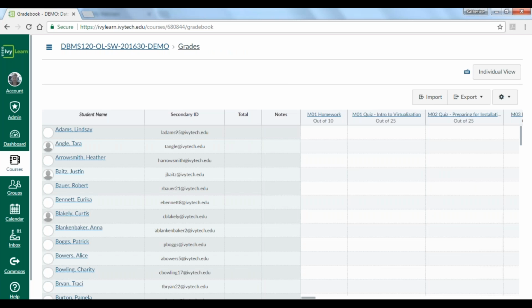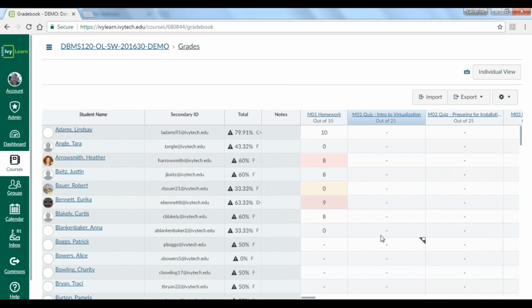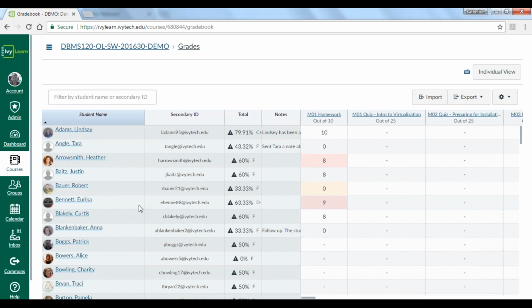And now I'm in the Grade Center as a faculty member. And you'll see that we have a list of all of our students here. Please note that this is a demonstration. The people that you're seeing here are actually test students. They're all of our super user group, which is that group of faculty and staff and support people who have been out training everyone on IvyLearn 101. So I don't think at this time this is a FERPA violation of any kind.